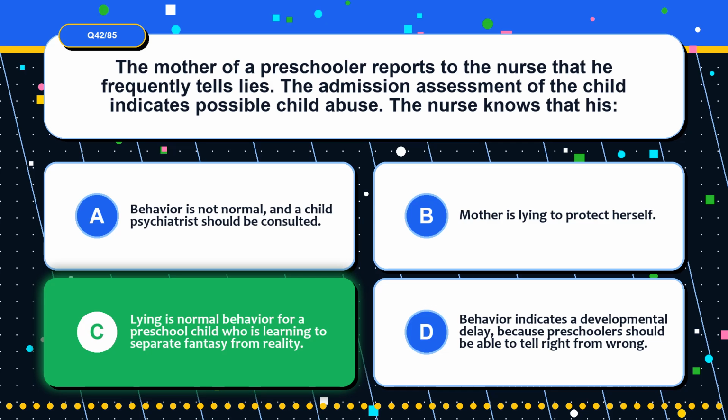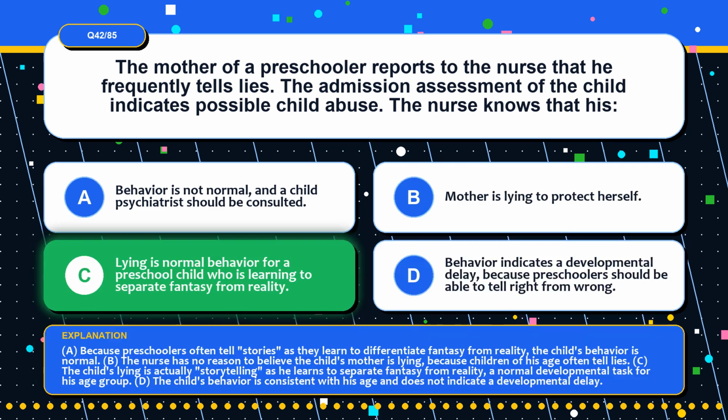The correct answer is option C. Lying is normal behavior for a preschool child who is learning to separate fantasy from reality. Because preschoolers often tell stories as they learn to differentiate fantasy from reality, the child's behavior is normal. B. The nurse has no reason to believe the child's mother is lying because children of his age often tell lies. C. The child's lying is actually storytelling as he learns to separate fantasy from reality, a normal developmental task